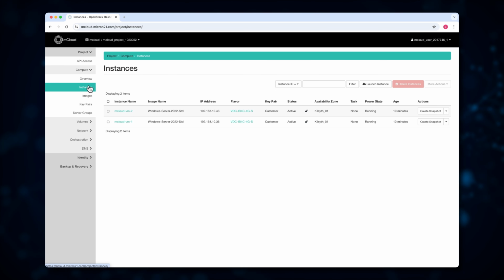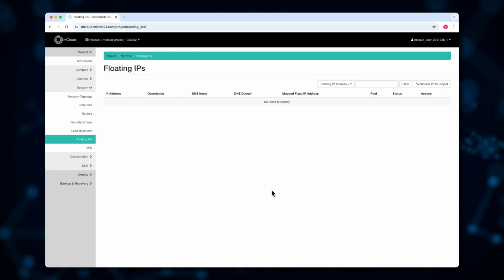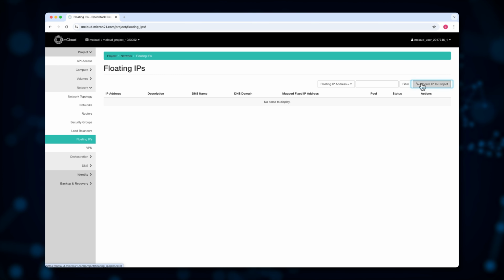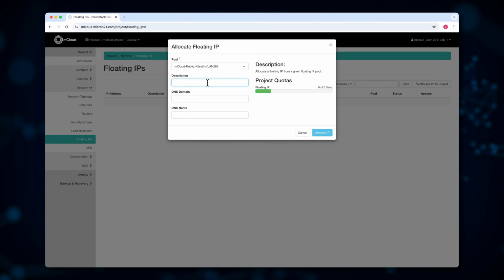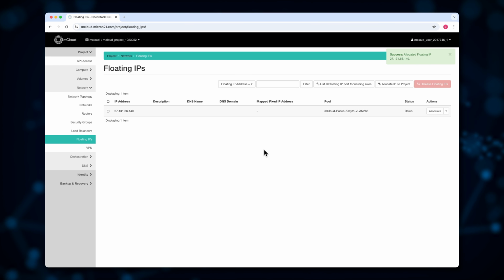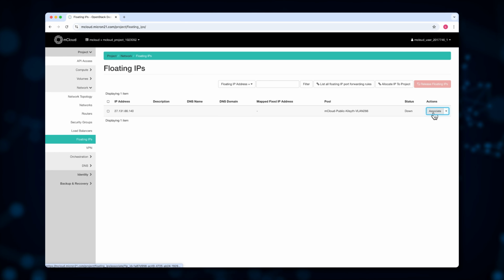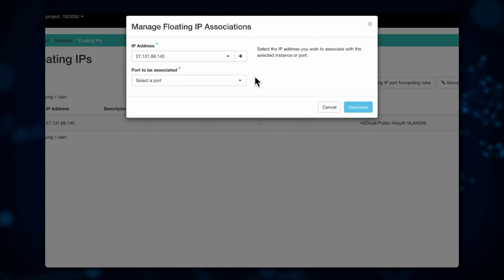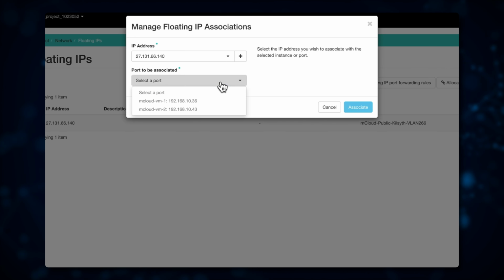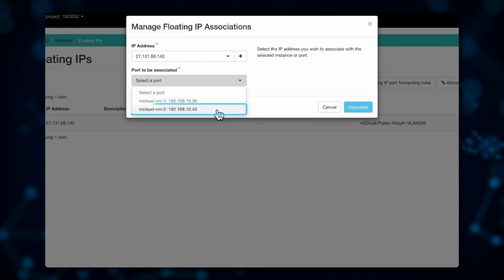The next topic we'll talk about is floating IPs. A floating IP is a temporary IP pulled from the public pool that will allow us to connect into a private network while that floating IP is assigned to that instance. So here we can click associate, and then we could select the port we wish to associate that with. In this case, we'll associate this with